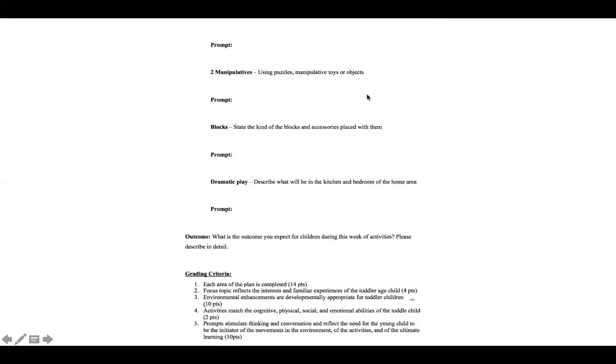All right. And then similarly, you're going to have a prompt for sensory play. What's your idea for manipulatives with a prompt? What's your idea with blocks? Perhaps you put small animals into blocks, and your prompt is, we have different animals here in Block Center today. Some of these can be pets. Some of them can't be pets. Can we sort them into piles or groups that can be pets and groups that can't be pets, right? That will be a lot of conversation and development of language. And so you can think about that.